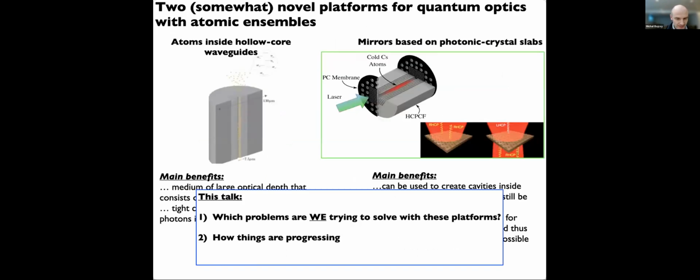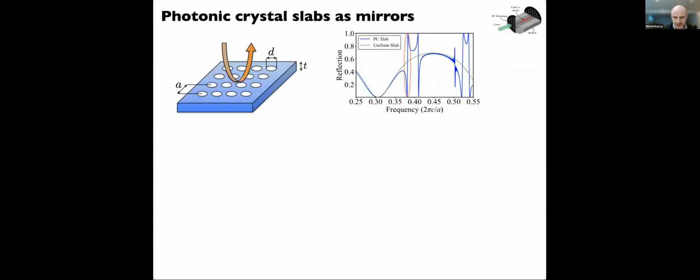So I'm going to shift gears a little bit in the remaining time and talk about mirrors based on photonic crystal slabs. For those of you who haven't encountered them, you take a dielectric slab, which would give you this etalon reflection marked by the green dashed line in the plot. But now if you start drilling holes into it, you will see that these funny resonances appear in the transmission and the reflection. And by playing with the periodicity of the holes, the size of the holes, the thickness of the slab, and so on, you can engineer this to be a mirror.